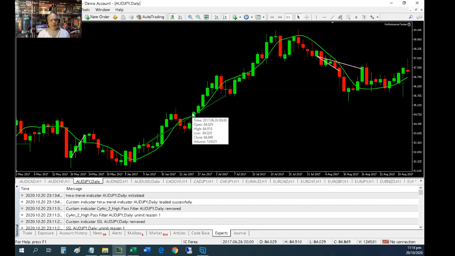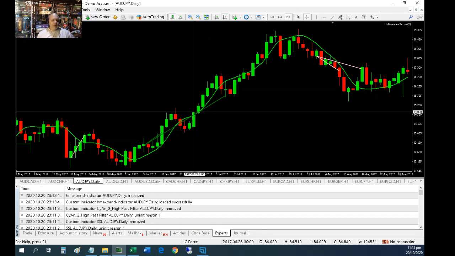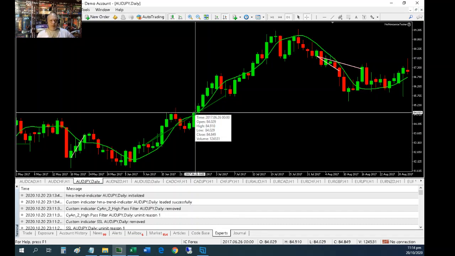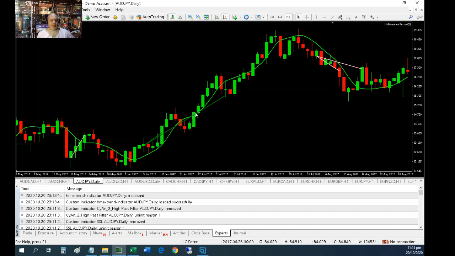If you were following the No Nonsense Forex way, you would take the trade before the close of that candle. But the tester would actually take it at the open of the next candle. So there's very little difference with regards to the price, and it should move normally as if you entered it at the close. Okay, so once you've loaded up the tester,